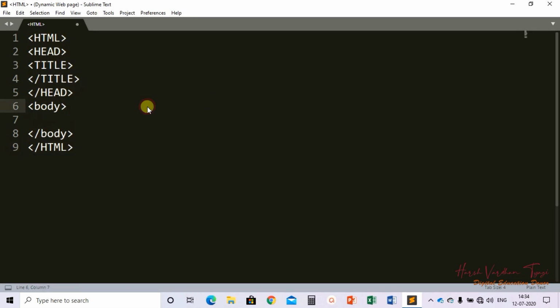So what we have done is make a basic HTML structure.